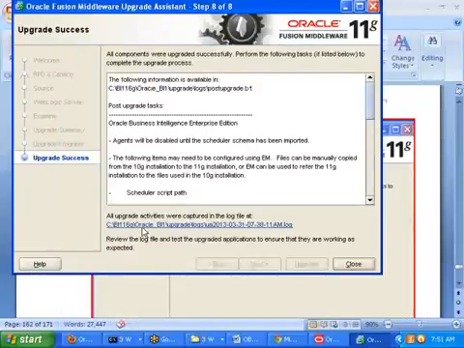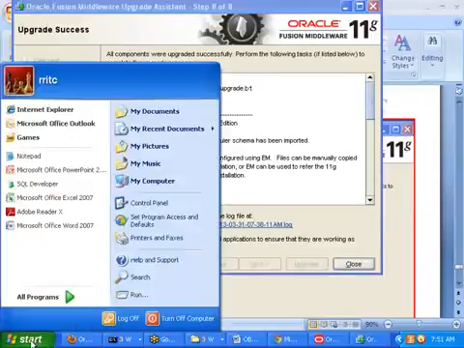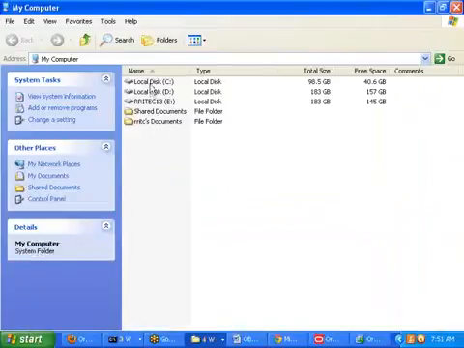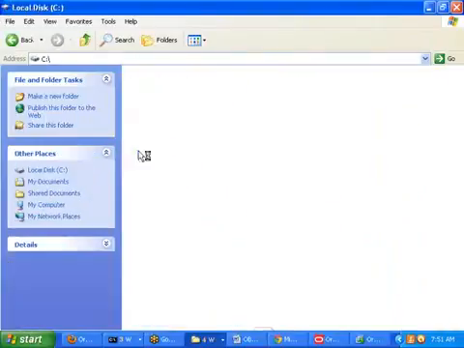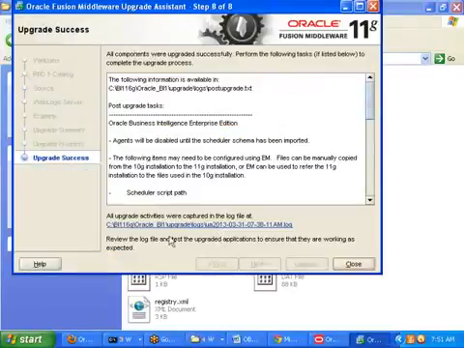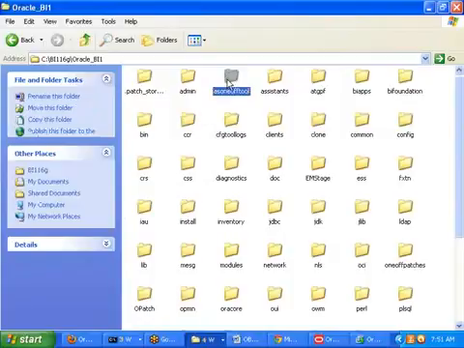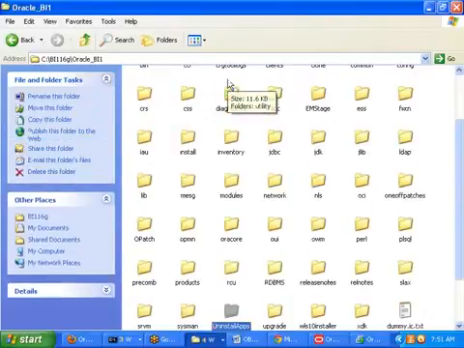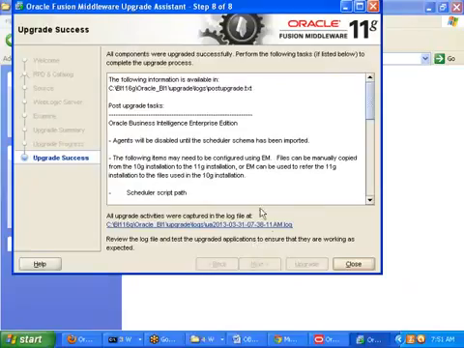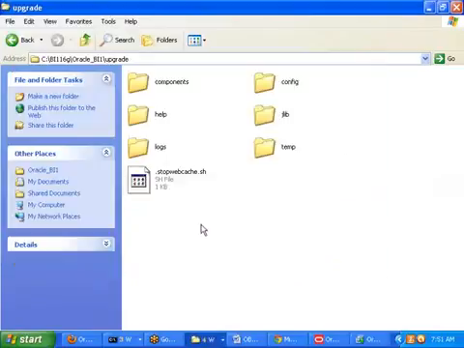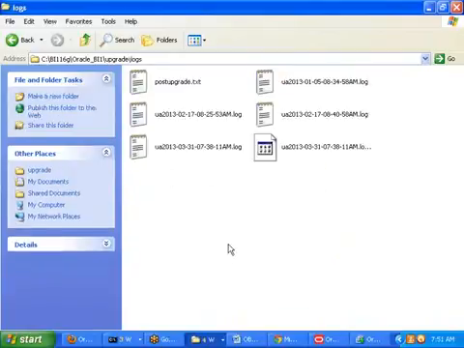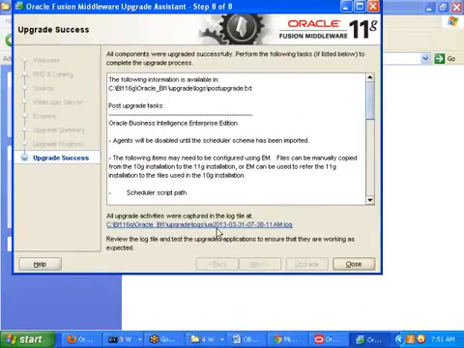For clarity, I want to navigate to this location. C, next, My Computer. C, next. B11G, next. B11G, Oracle BI. Next. Upgrade. Next. Upgrade, after next what, sir? Logs. Logs, next. UA